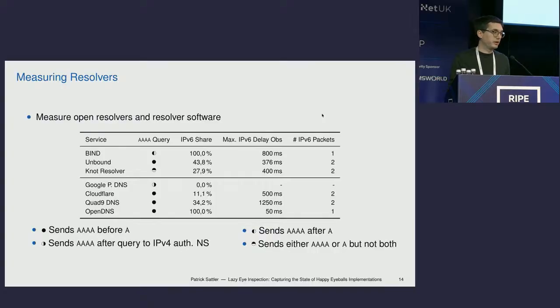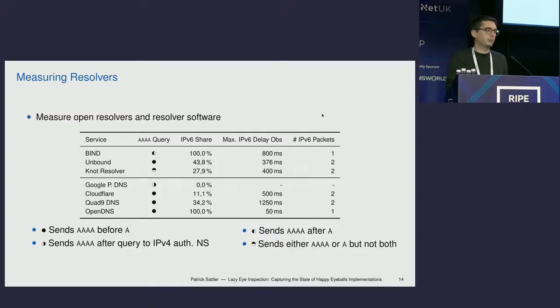For Knot, we even have a different behavior. It will either issue A or quad A queries, but not both at the same time. And then it uses IPv6 in not even 30% of the cases. The next columns are what we observed, the delay until there is a retry observed at our server. And the number of IPv6 packets tells you if there is a timeout experienced, if it falls back to IPv4 directly, or if it retries IPv6. So for Unbound and Knot, we see that it retries once, even so with IPv6,